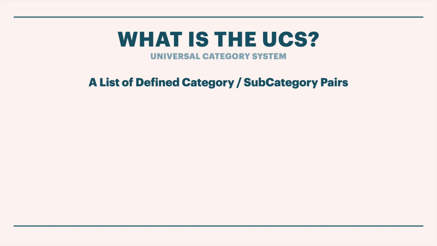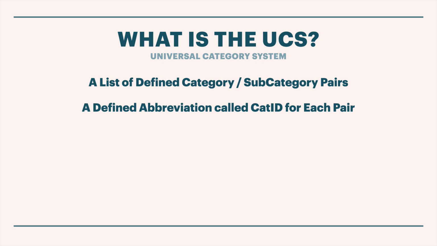Our hope is that by standardizing this sort of category, subcategory list, the transfer of sound effects, the selling of sound effects, the incorporating of sound effects into your library will be that much easier with every sound in an agreed upon category, subcategory. In addition to that definition of a category and subcategory, every pair is assigned an abbreviation, which we're calling CAT ID, which is short for category ID. And we'll talk more about how we use this a little bit later when we really dive into the system